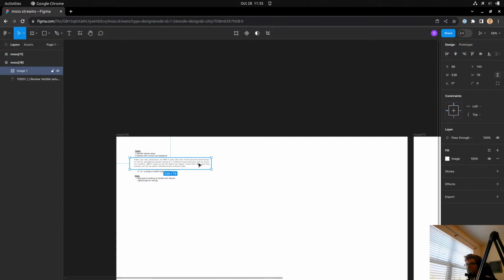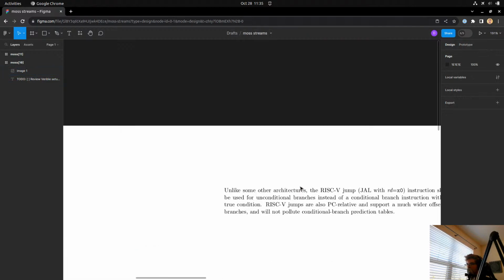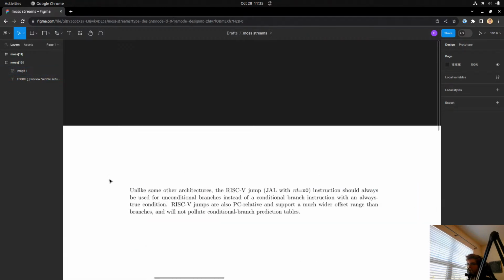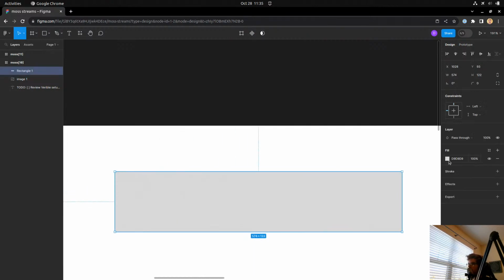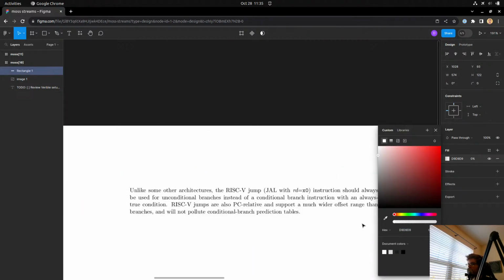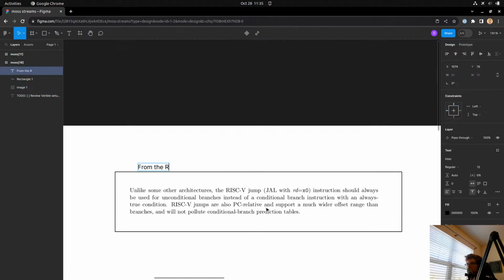There we go. No, we don't care about that. From the RISC-V RV32I section.